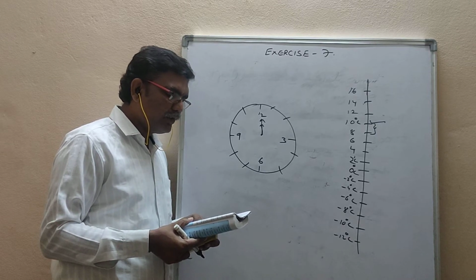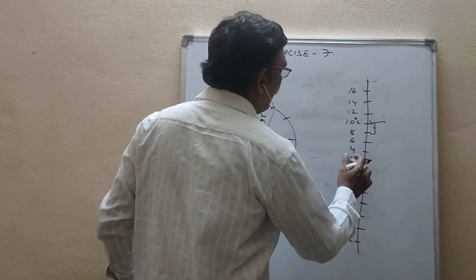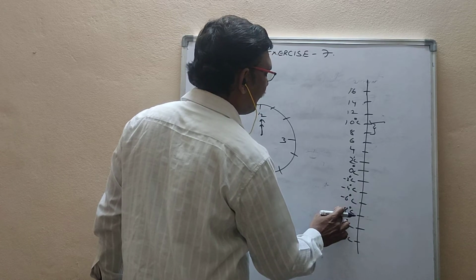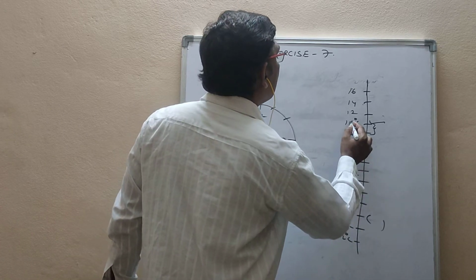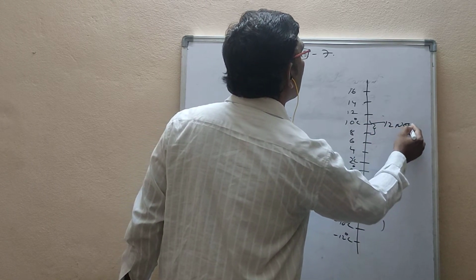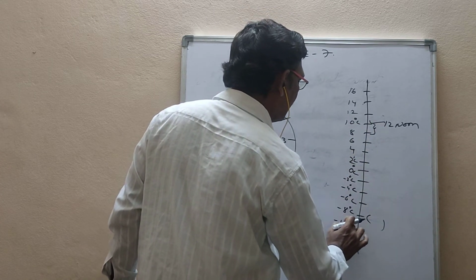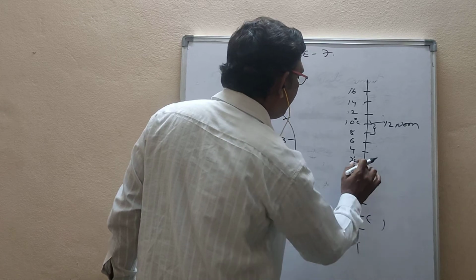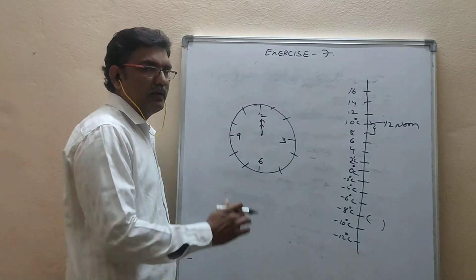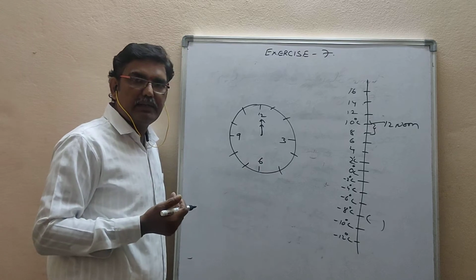At what time would the temperature be 8 degrees centigrade below 0? See here, below 0, 8 degrees. Below 0, 8 degrees is here. So here, this time, 10 degrees time is 12 noon. Okay, for every 1 hour, 2 degrees decreases here. I want below 0, 8 degrees centigrade. Here, how much time will be there? At which time it gets 8 degrees centigrade.